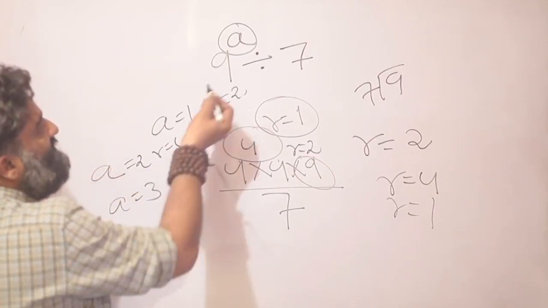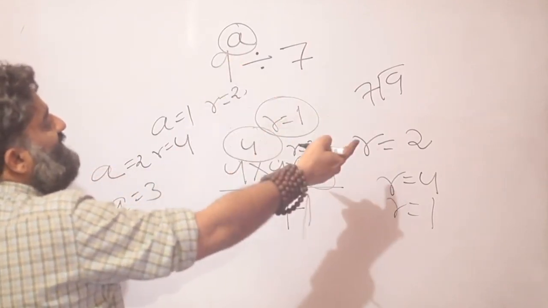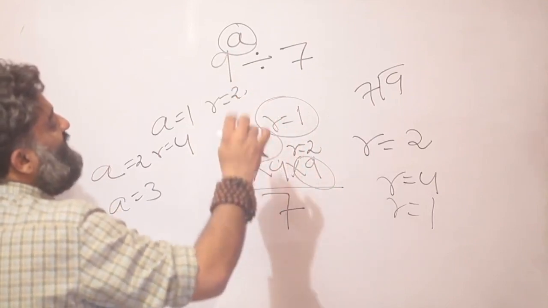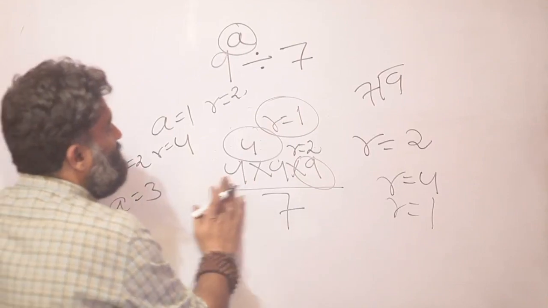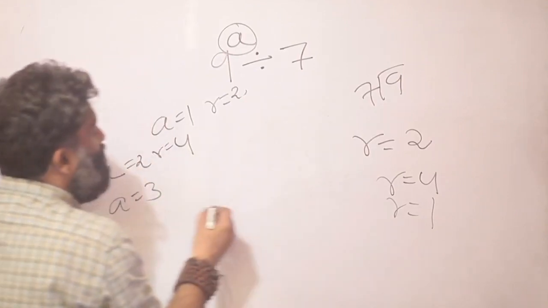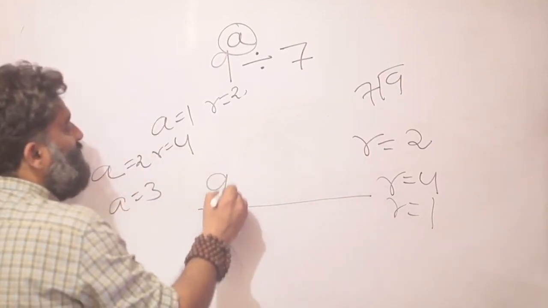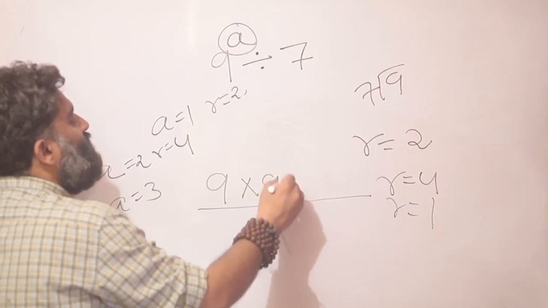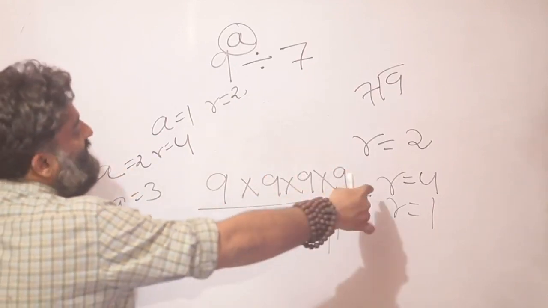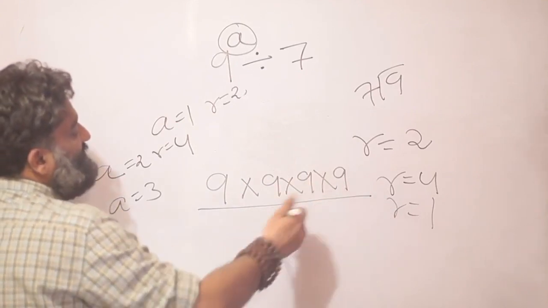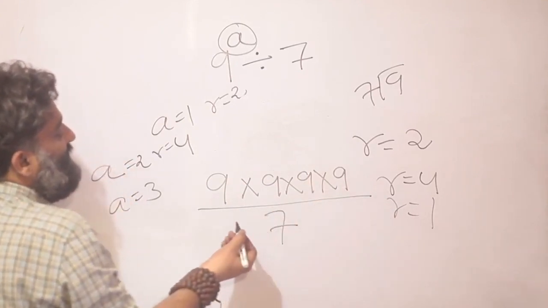And remember what it is? You are saying when 9 raised to 1, the remainder was 2. When it was 9 square, the remainder was 4. When it was 9 cube, the remainder is 1. Now, obviously, let's go one more step ahead, a little more patience, and think of 4 9s. This will be difficult to calculate and cumbersome, so best to use our method.